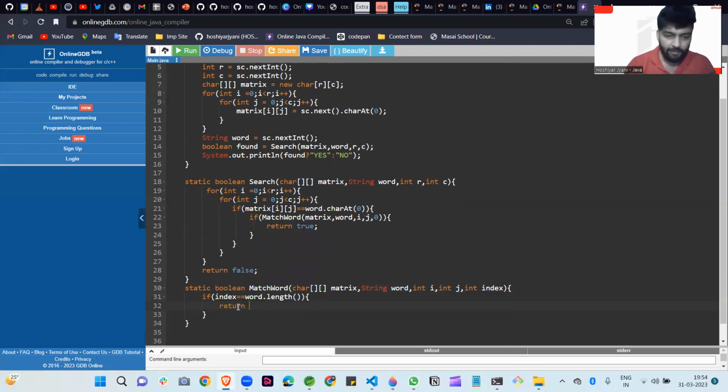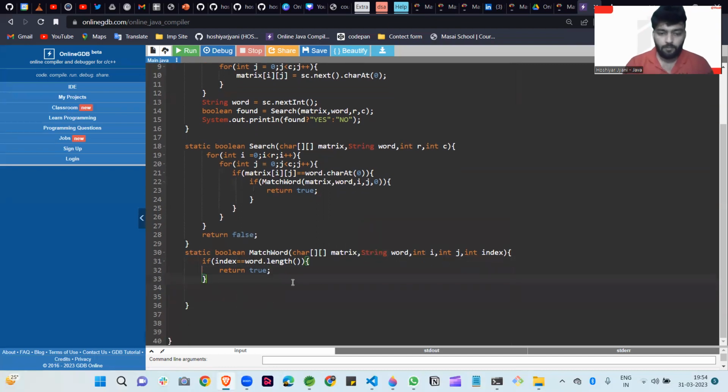So we simply write here return true, and this true is returned at this position. Then this is also executed, then it returns true, then after that it prints yes, otherwise it prints no. So this is the base condition for when we find our word, at that time we return true here.